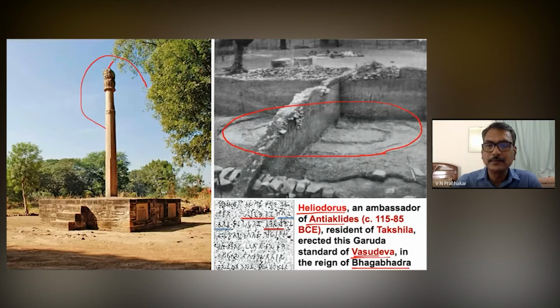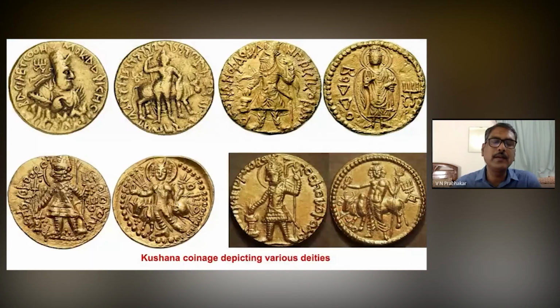So this is the earliest tangible evidence, one can say. Along with this, contemporary rulers, contemporary dynasties like the Kushanas, depict a series of deities like Greek, Persian, Sumerian, Elamite, and Indian deities. Most of the Indian deities we can see, like Shiva, in various forms. He is depicted here prominently with the trident and also three-faced here, and also Buddha, written here as Bodho. So this is the kind of evidence.